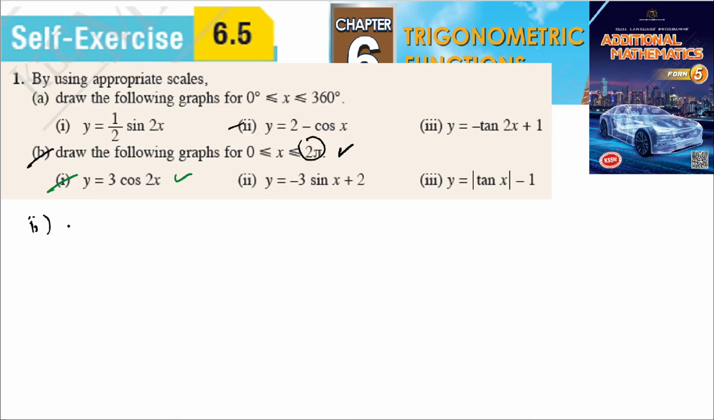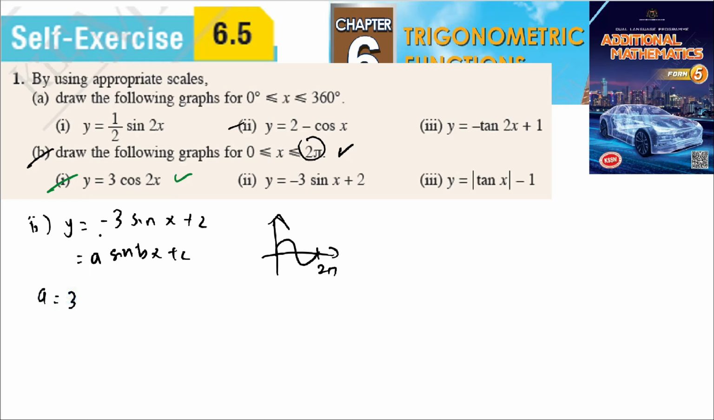So number 2, y is equal to negative 3 sine x plus 2. So we know for the sine x it's supposed to be something like this. This one is up to 2 pi. So here we can arrange it in the form a sine bx plus c, where we can see that a is equal to 3. We don't take the negative, but later on we are changing the value of y from positive to negative